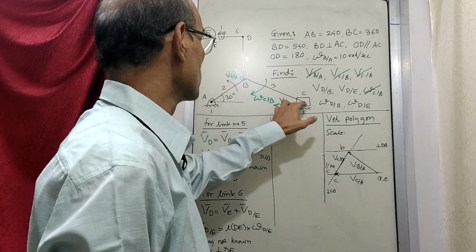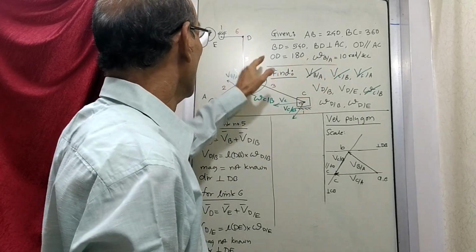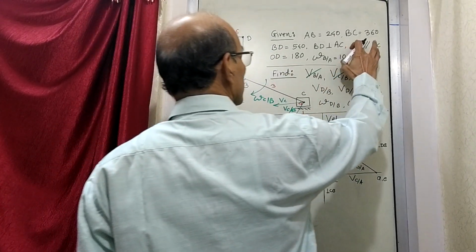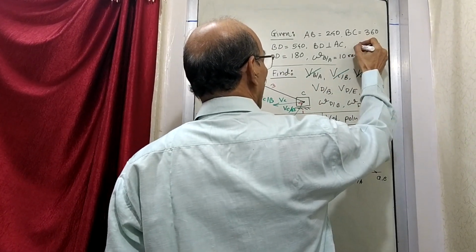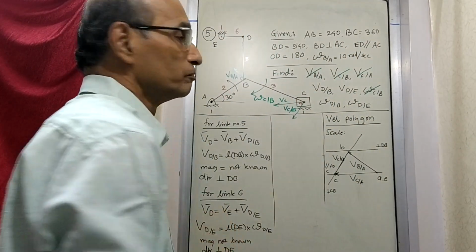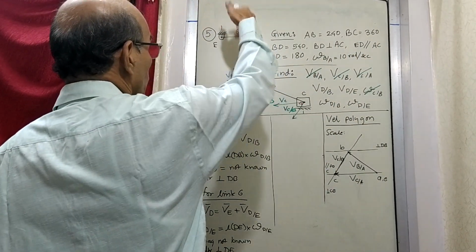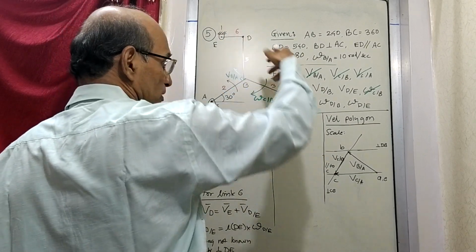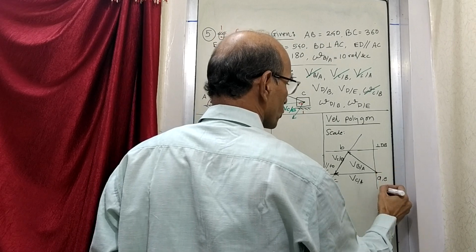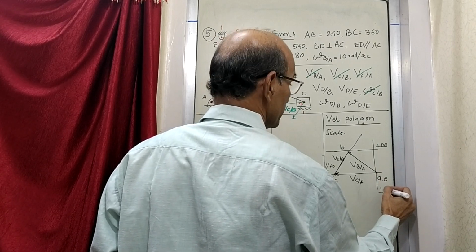Now this is vertical, it is written somewhere here. So AC is horizontal, so BD is vertical and, not OD, in fact ED. ED is parallel to AC. So we now draw a line perpendicular like this. So from this point we draw a line like this, which is drawn perpendicular to ED.